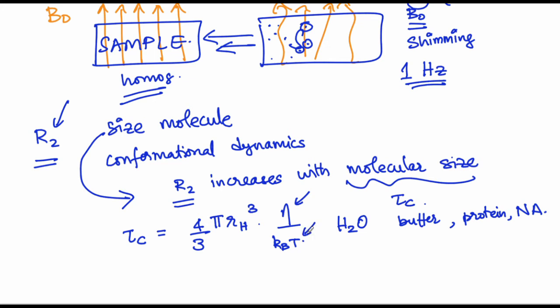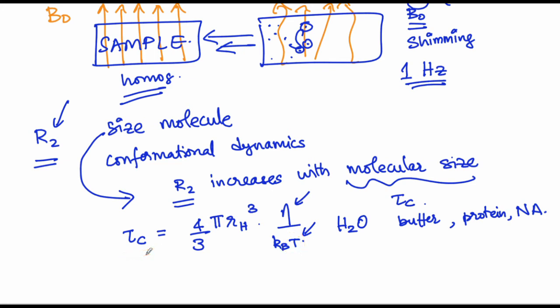When you increase the temperature, the viscosity further changes because viscosity also is dependent on temperature. In the case where you reduce the temperature, due to which water becomes more viscous, you are going to a condition where tau c increases due to both the factors of eta increasing and T decreasing. On the other hand, let's say you are reducing the viscosity. Let's say we have water and we add a little bit of ethanol to it, and you are increasing temperature, then the tau c will get reduced.